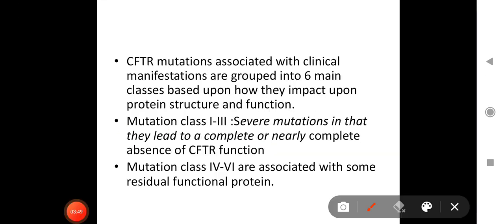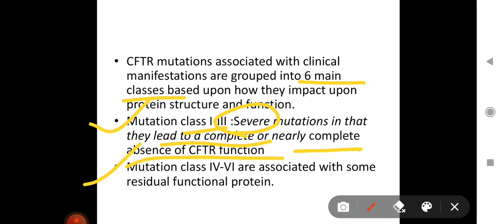Next, CFTR mutations associated with clinical manifestation are grouped into 6 main classes based upon how they impact the protein structure and function. As such, there are many classes, but 6 are the important classification of the mutations of the CFTR gene. So just remember these: mutation classes 1 to 3 are tagged as severe mutations, and they lead to a complete or nearly complete absence of CFTR function, while mutation classes 4 to 6 are associated with some